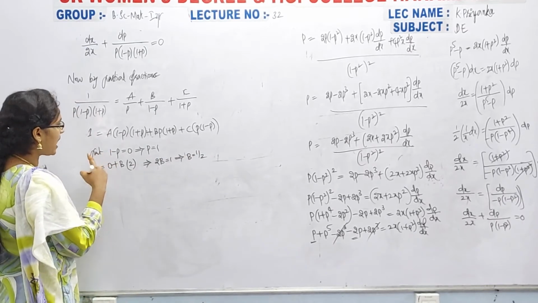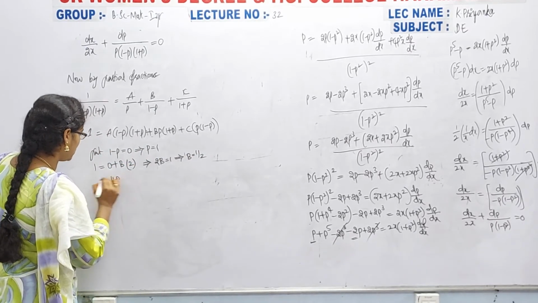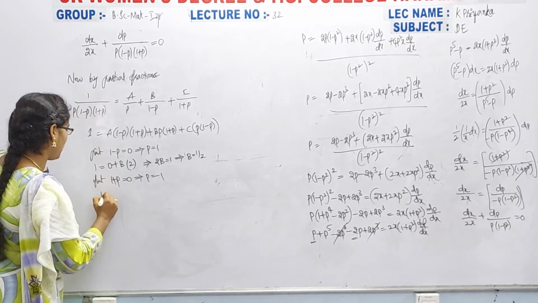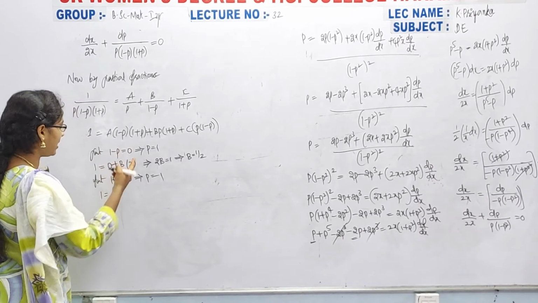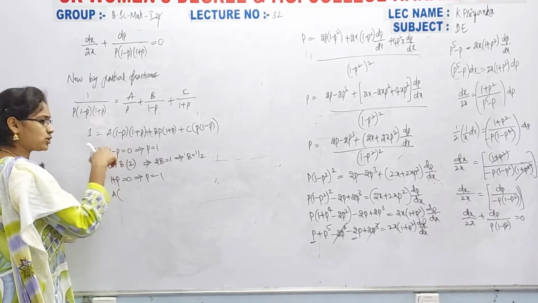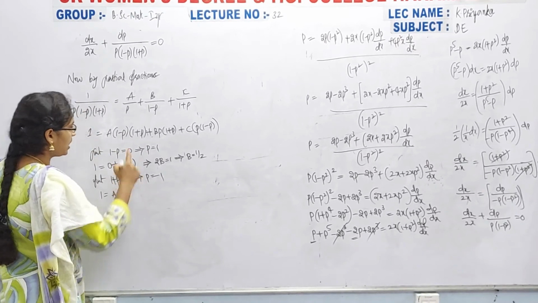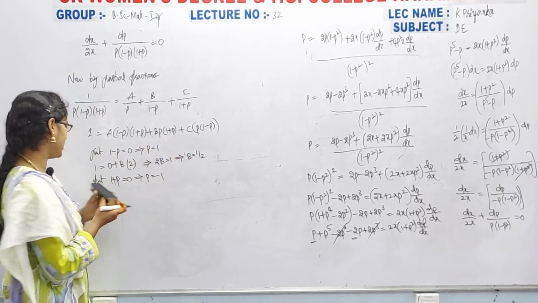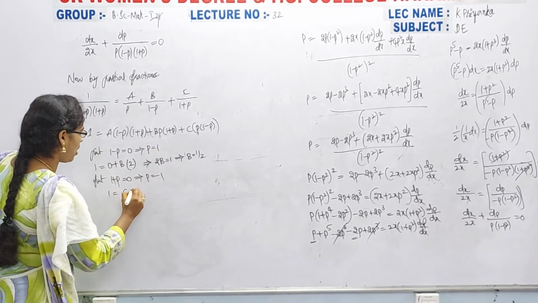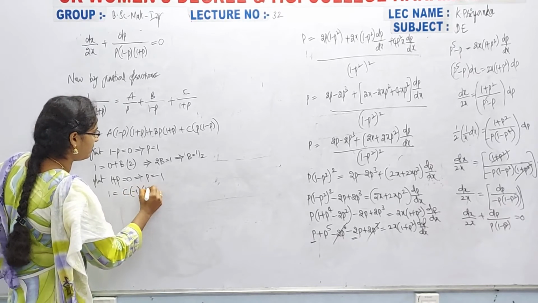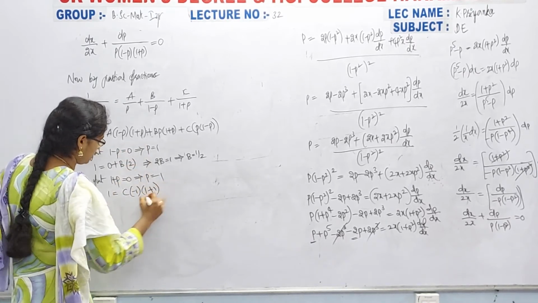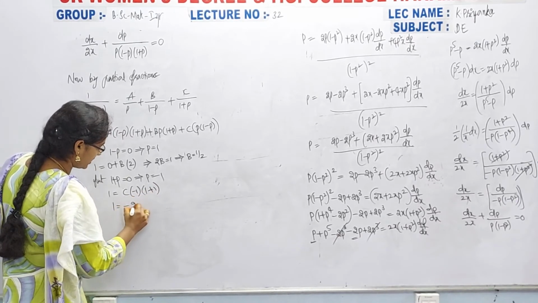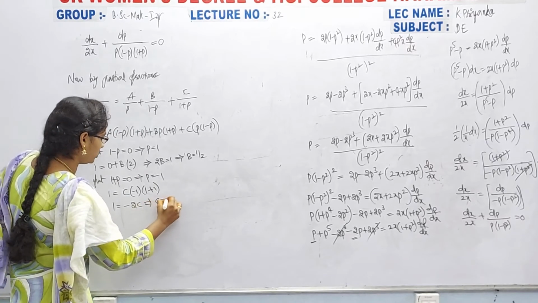Next, just put 1 plus p equal to 0, p equals minus 1. So now 1 equals a of 1 minus p, so 1 minus of minus plus, 1 plus 1, 2. Next, here we will get that it is 0 and this one is 0, and here we will get 1 equals c of p, which is minus 1 into 1 minus of minus plus. Now 1 equals 2 into this one, that is minus 2c. Therefore c is equal to minus 1 by 2.